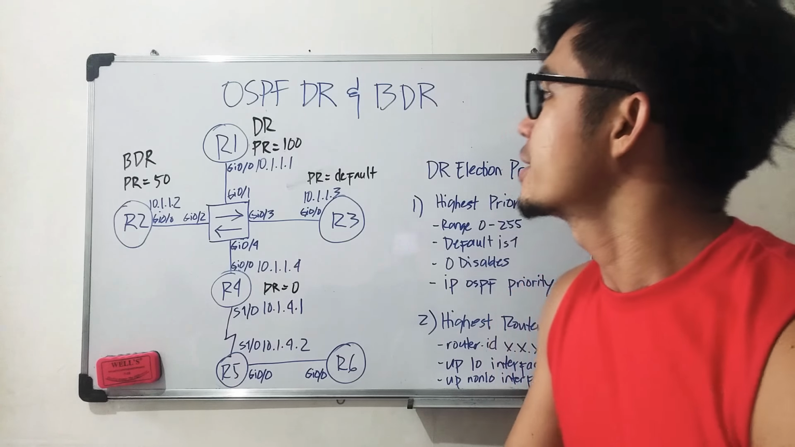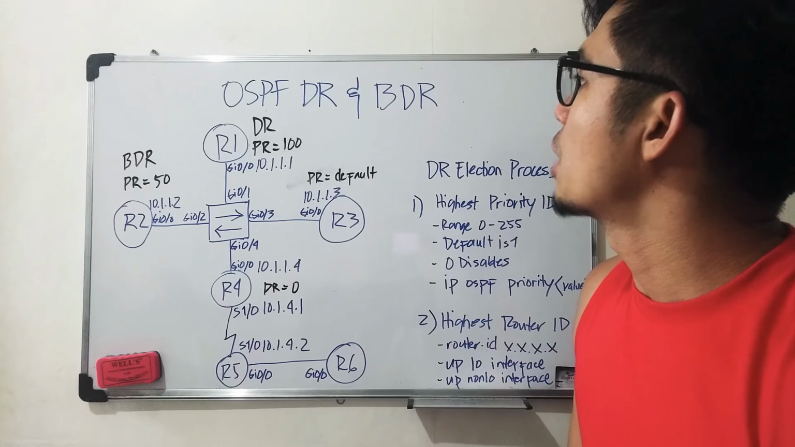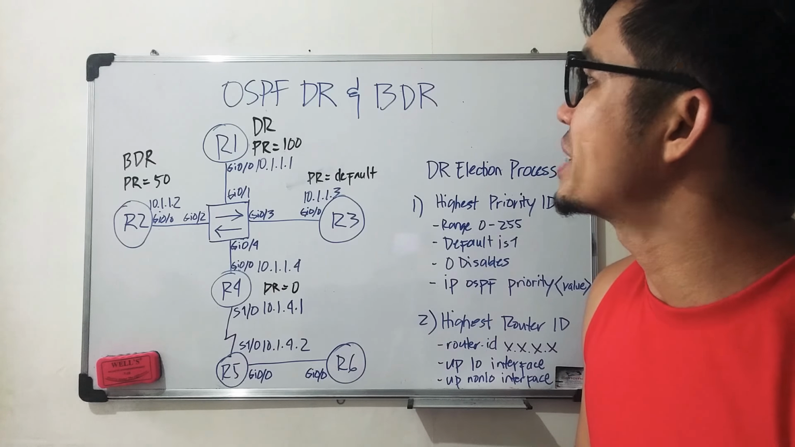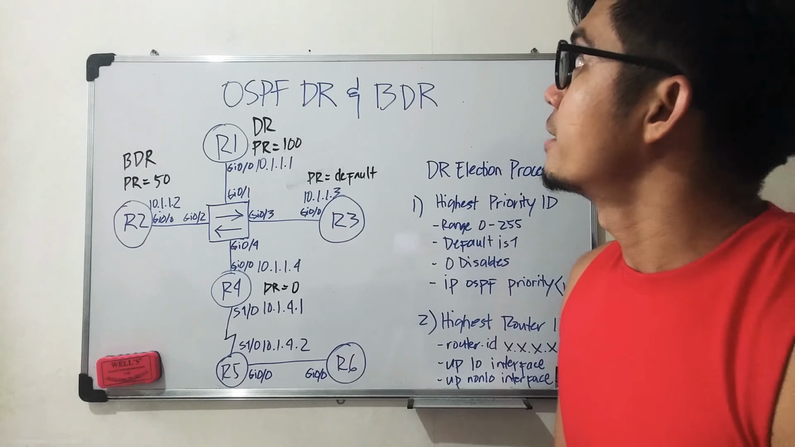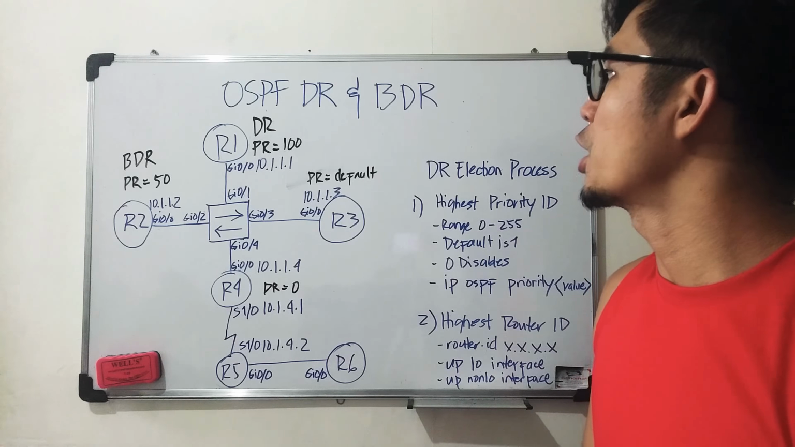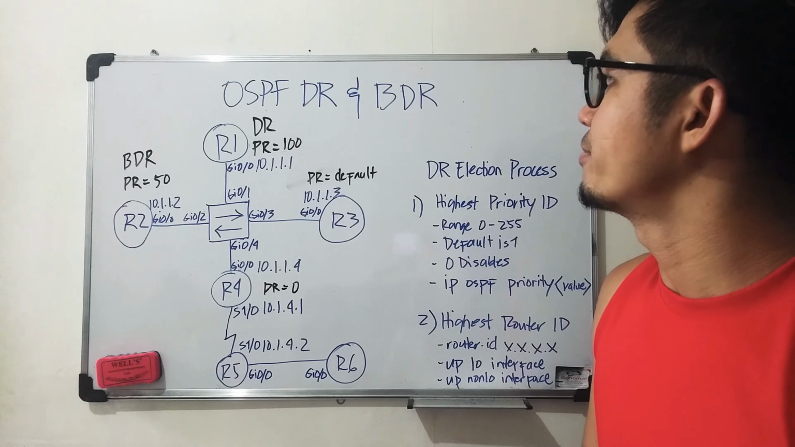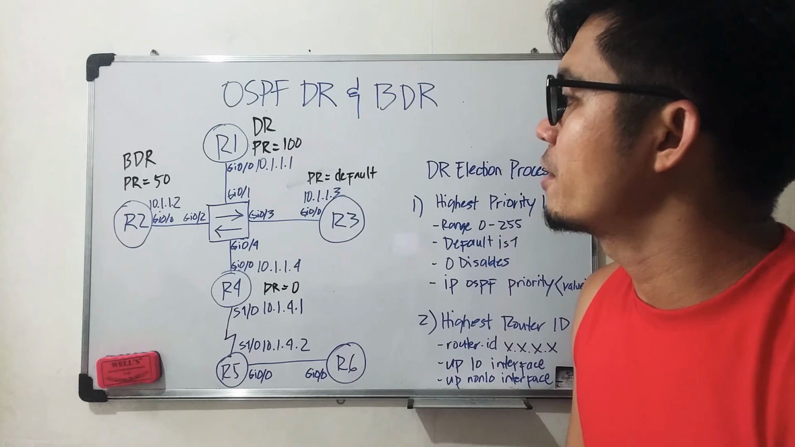In this video, I'm gonna talk about OSPF DR and BDR. So DR stands for designated router, and BDR stands for backup designated router. So let's take a look at this